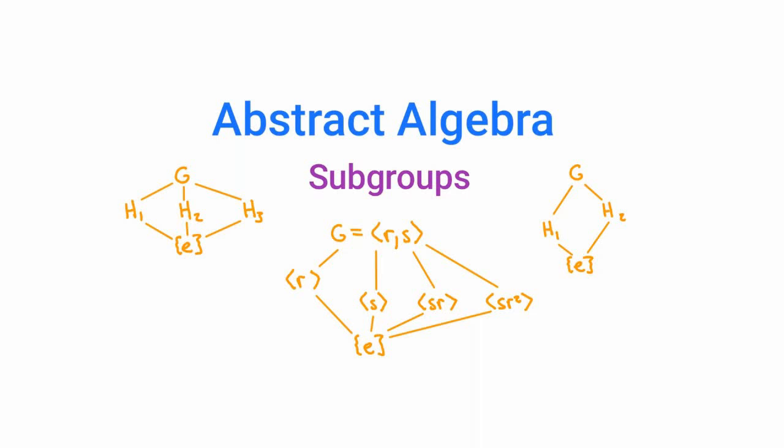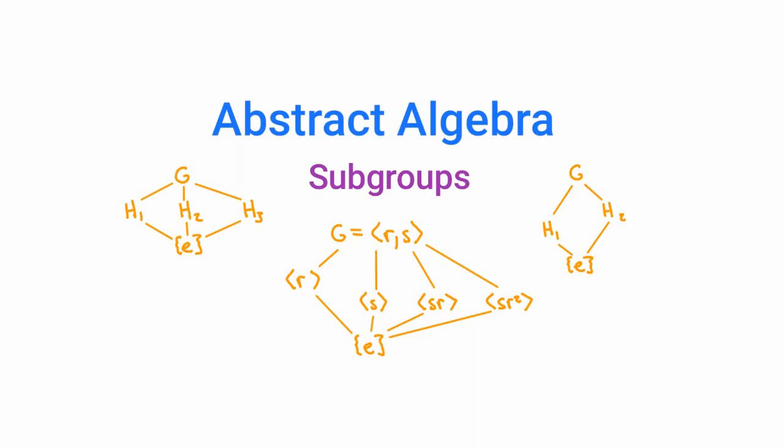In this video, we're going to talk about subgroups of groups. As you would probably assume, a subgroup of a group is just a subset of the group that's also a group with respect to the same binary operation. However, because there are some technical points in that statement that need to be clarified,